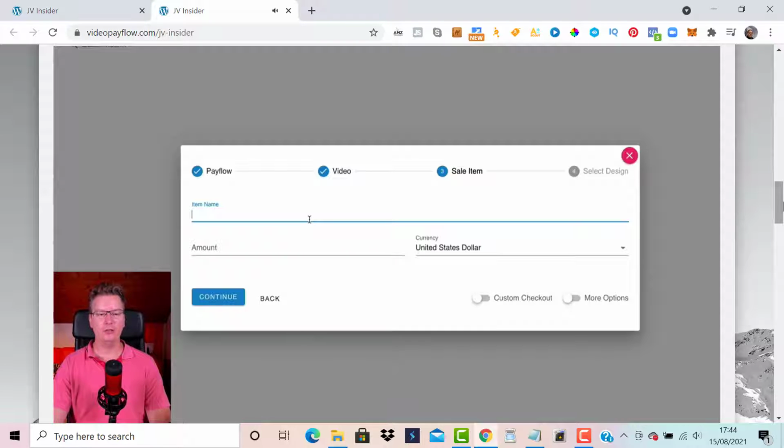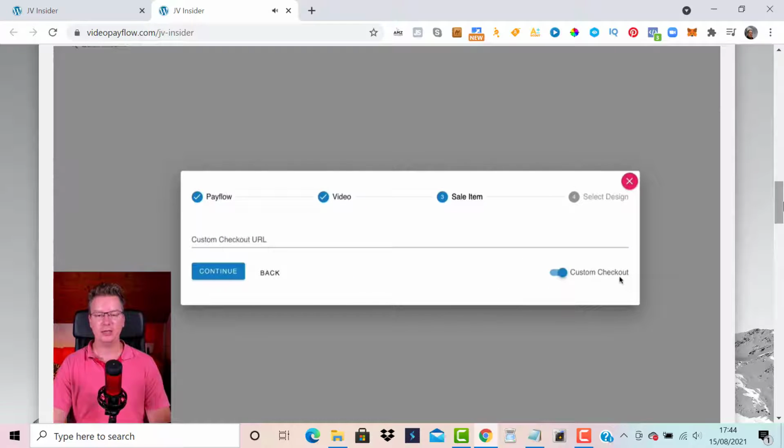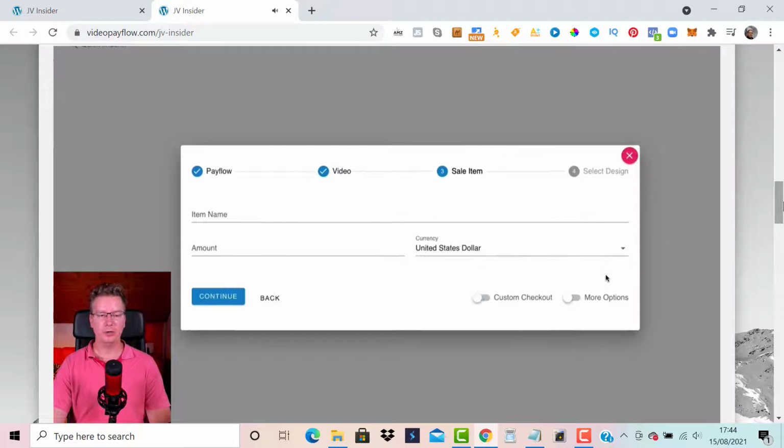If you are using your own cart, or you want to integrate this with your own cart, then you've got a custom checkout option here. You can toggle that active and put in a custom URL. I am going to possibly mention this later on in the tutorial as well, but we're going to be using